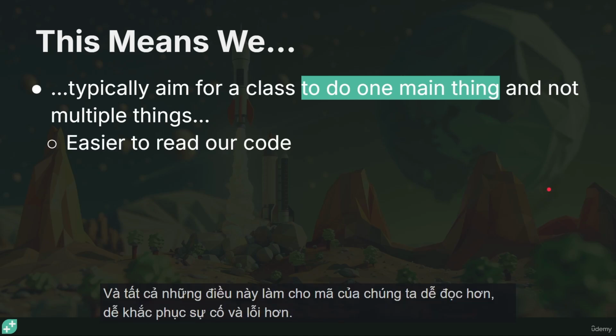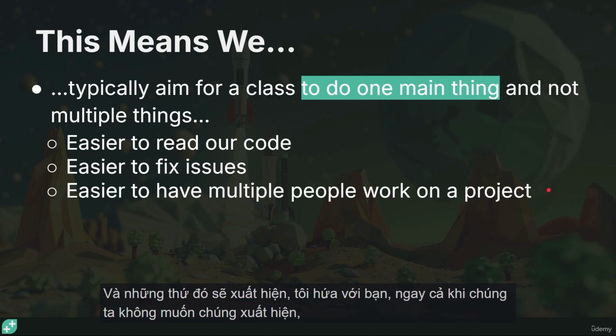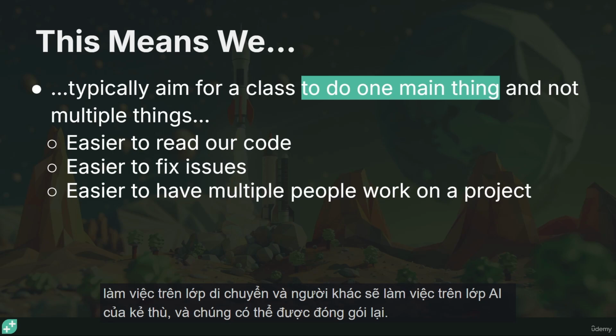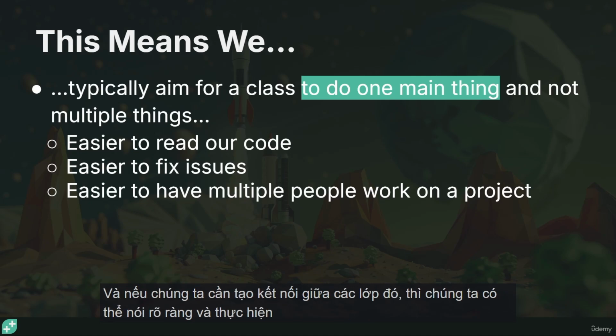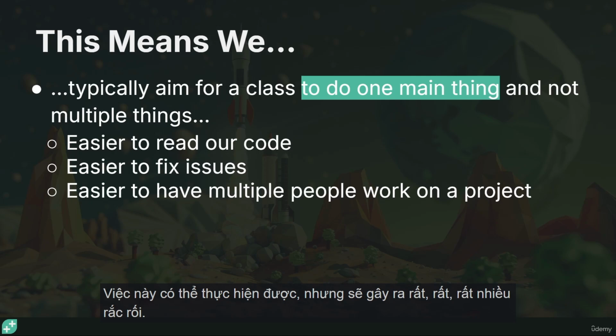And all of this makes our code easier to read, easier to fix issues and bugs. And those things do come along, I promise you, even if we don't want them to. And easier to have multiple people work on a project, because you can work on the Pickup class and I will work on the Movement class and someone else will work on the enemy AI class, and they can be encapsulated. And if we need to make a connection between those classes, then we can explicitly say so and do so, rather than having all of this stuff in one big class, which is possible to do,